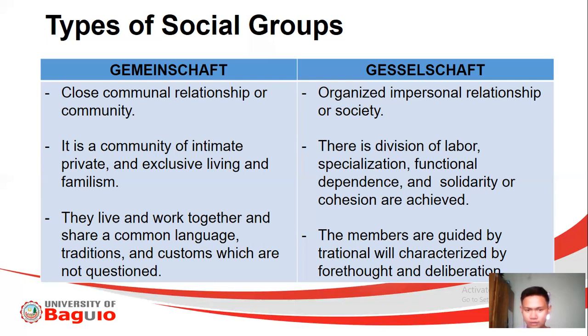So for an example, for Gemeinschaft daw, according to Ferdinand Tonis, you're like a person who is living in the province or in a rural area. And when you say rural area, ano yung mga yan? So probinsya yan. So ibig sabihin, what are the different characteristics of a certain rural area? So first of all, if you go in the province, 'di ba? Most of the things that we could see are the environment, 'di ba? Magandang environment, mga taniman. There are rice fields, madaming mga puno.